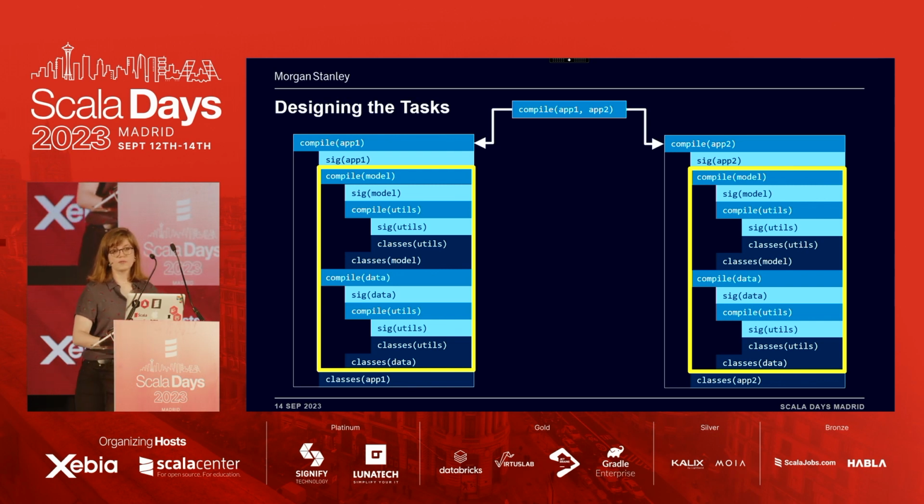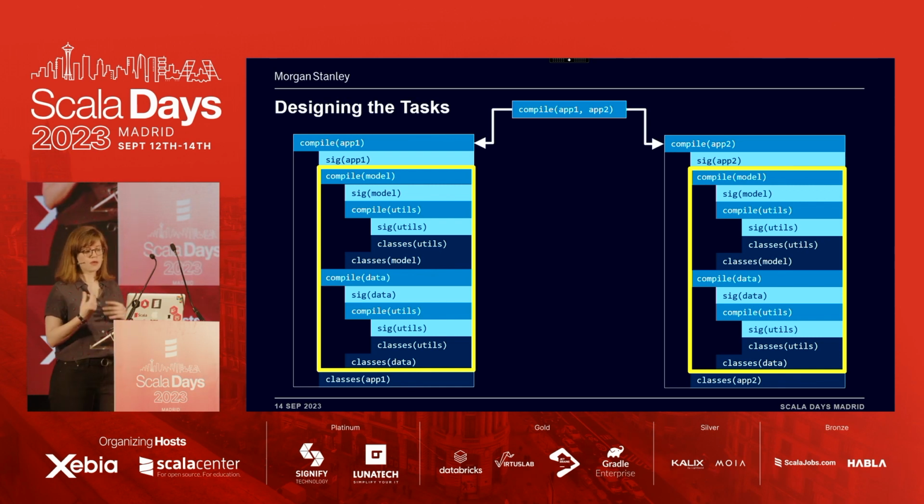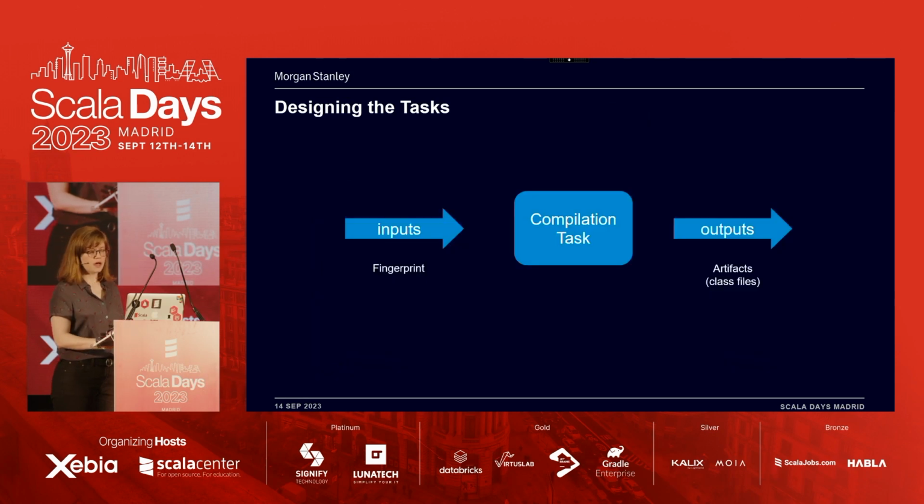So what's going to be really critical is that each building block here is a referentially transparent function so that we can use all those nice caching and scheduling utilities that we talked about in the platform. So referentially transparent building blocks, what does that mean? So our outputs, as discussed, class files. We're going to call them artifacts. But what we really need to focus on here is what are the inputs to our function.